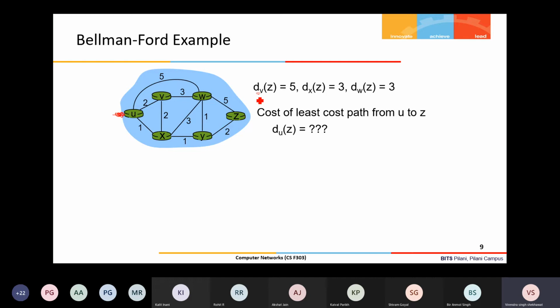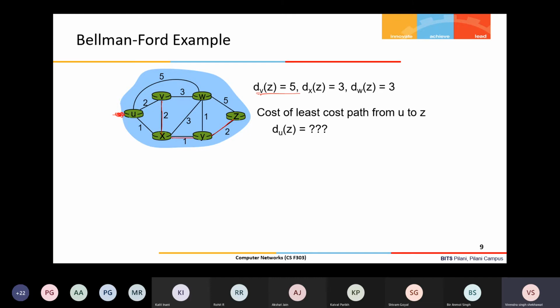Basically this is the distance vector of the node which is giving the least cost from node V to Z. So V to Z, if you see what is the least cost, V to Z will be this path. So the cost is 2 plus 1 plus 2, which is 5. So directly it is written.